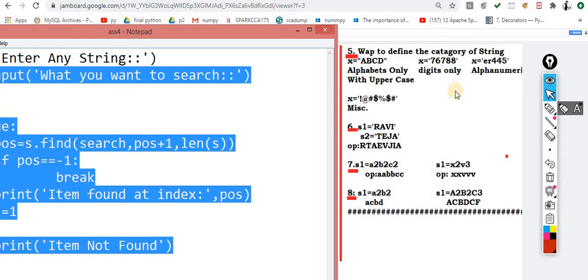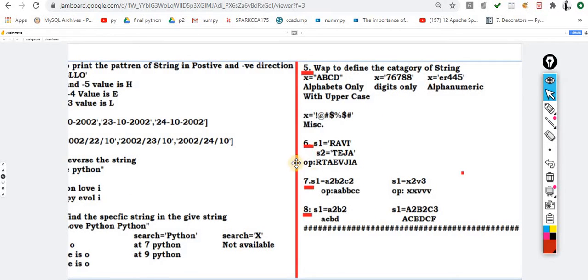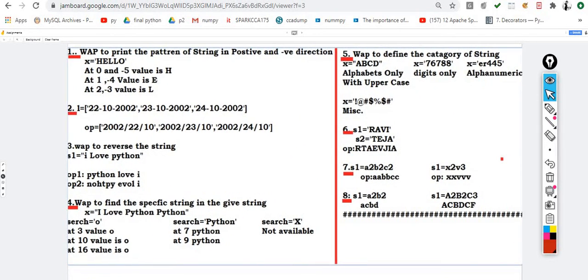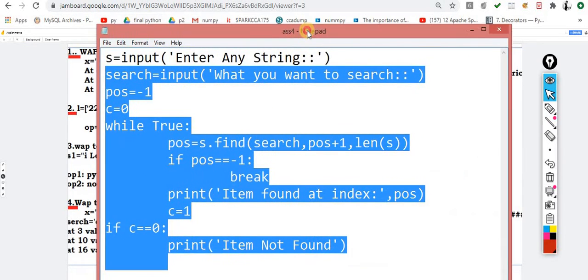Let me write the code for the same. You have to ask for a value from the user, and after that you have to categorize it. Step by step we are writing it.